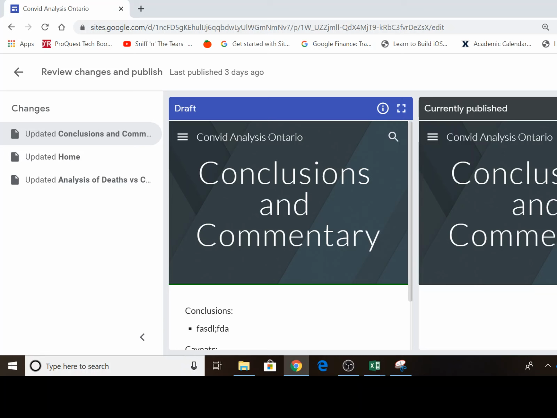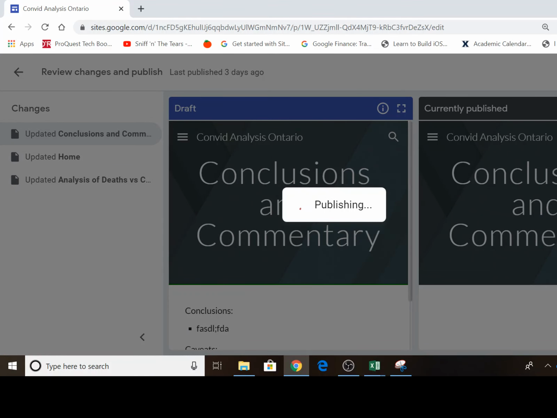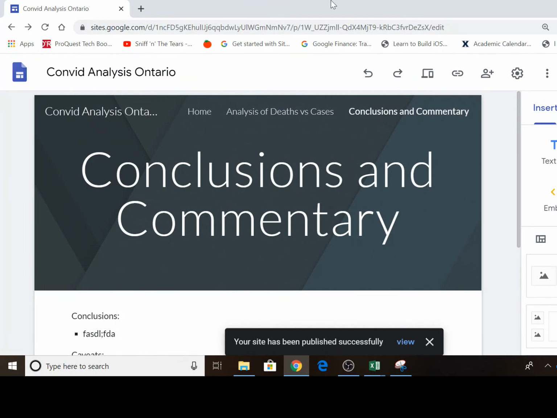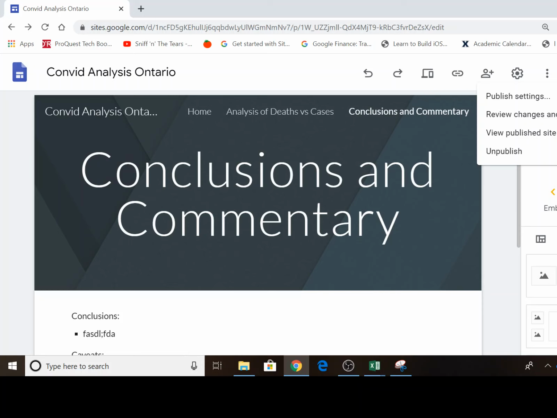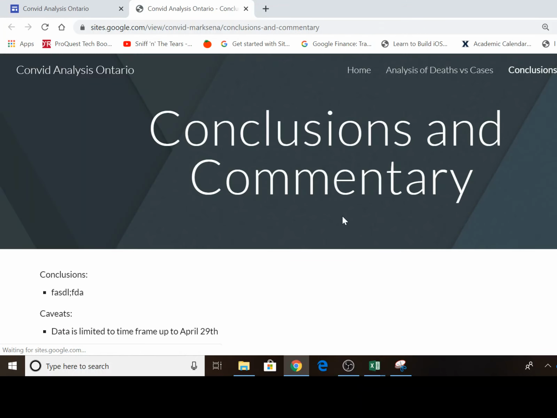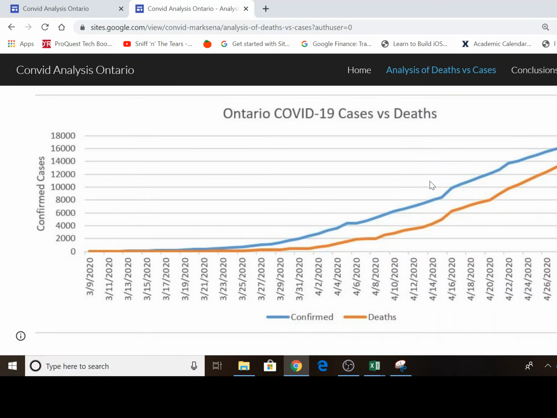that tries to give you a preview, for each of the pages that have been updated, of what the new version will be versus what the current version will be. Assuming you are satisfied with everything, then you can click publish and it will publish a new version of the website. It still leaves me on the edited site, so if I click the drop down box next to publish, I could view the published site and notice that the URL changed. So I have my sites.google.com/view, and I can test the appearance of the site, make sure my charts are showing up at least